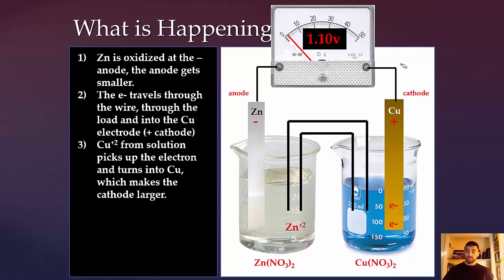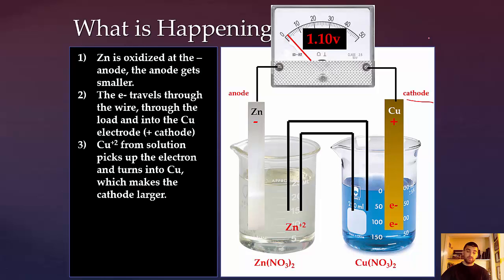Oh, I totally jumped the gun. Copper is the positive electrode, and it is called the cathode. All right, so we got anode for oxidation, we got cathode for reduction. Anode's negative, cathode's positive. So what's going to happen is those electrons are going to be hanging out onto that